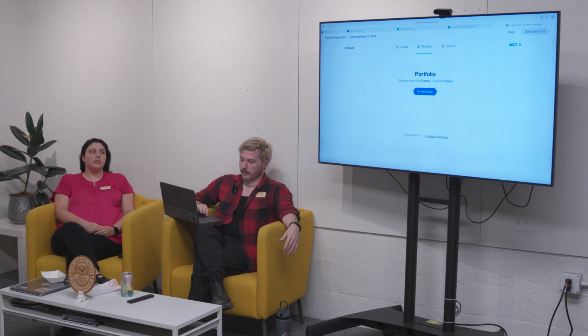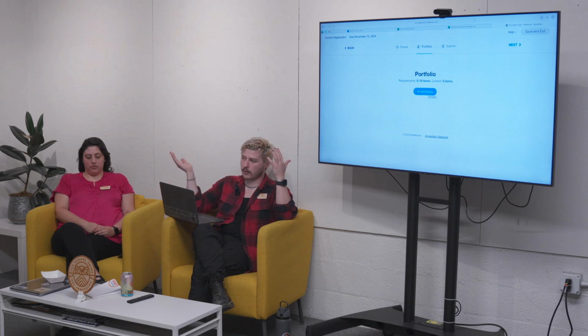Next part of the form is just the portfolio. You can submit 5 to 10 images. These can be 5 to 10 works. You can also submit, say, 5 works with 5 detail shots. It's really open-ended. I just suggest that you submit your best work. Make sure that your documentation is accurate to the work that you want to show people and we can tell